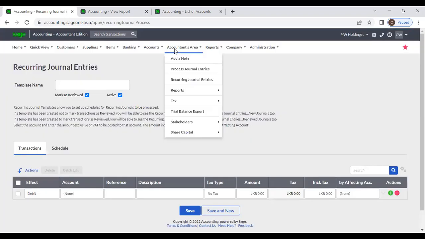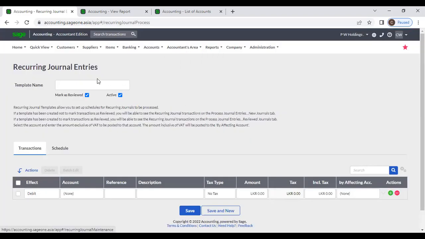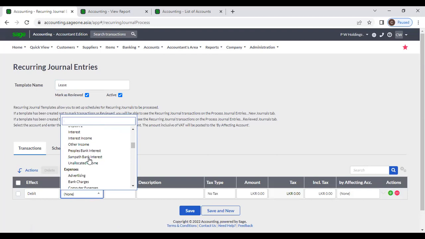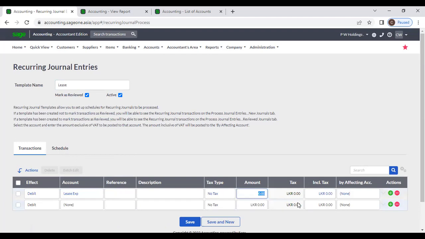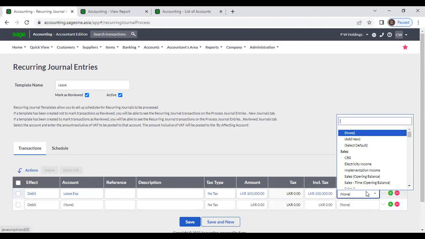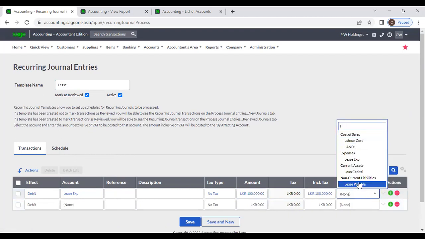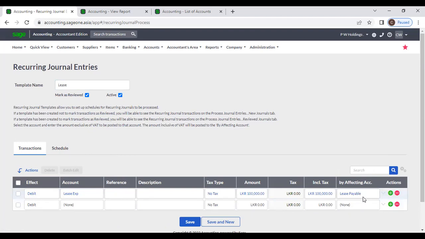Okay, go to accountants area, select recurring journal entries, enter journal entry name, from here you can select GL account, enter amount, select by affecting account, enter description,